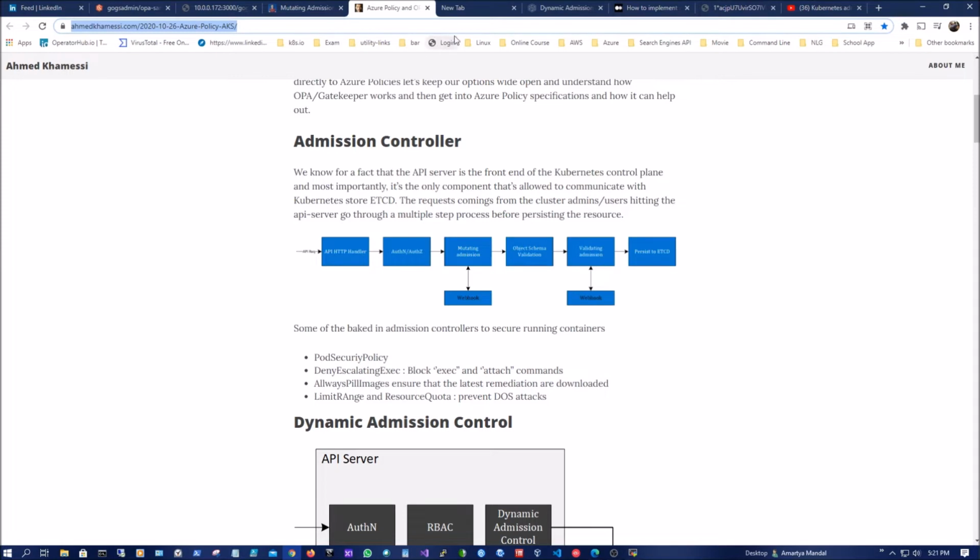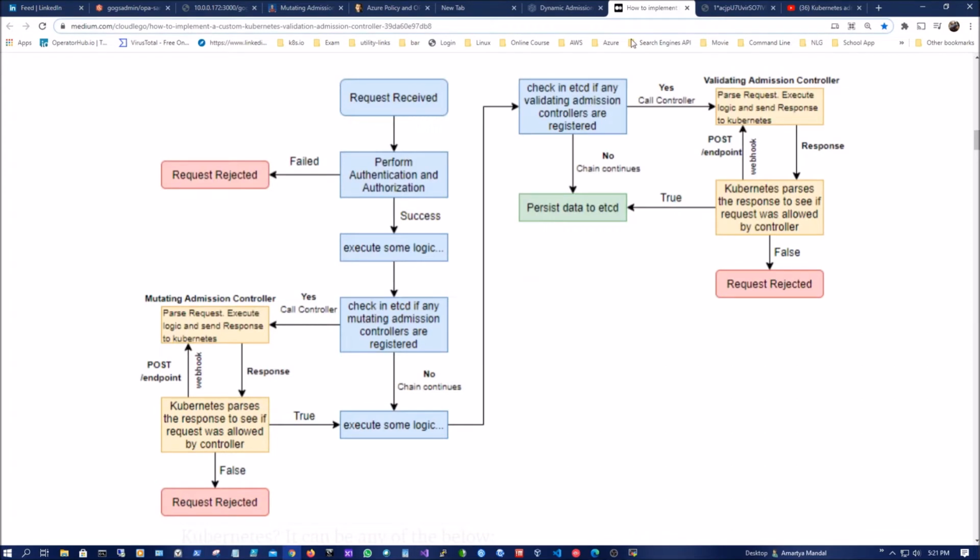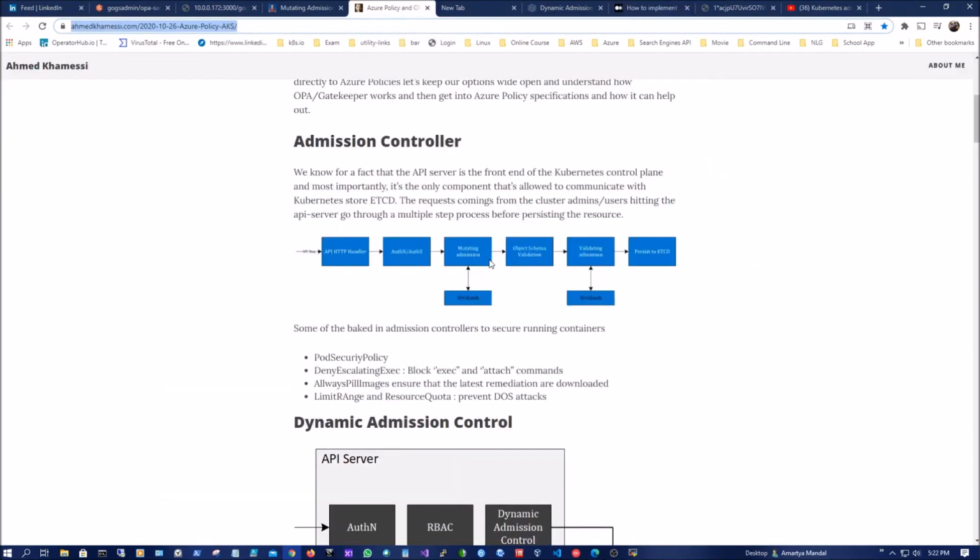So the first thing I'd like to show is another blog. I'll have the link in the description below. When I was thinking of drawing my own picture, I found this picture in a Google search in this particular blog, and this really sums things up very well. So if we just go back to this particular picture,